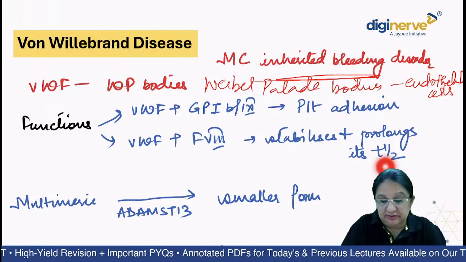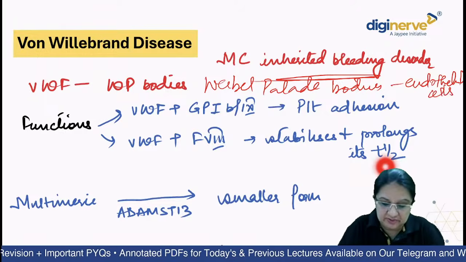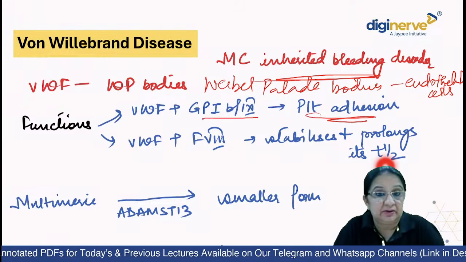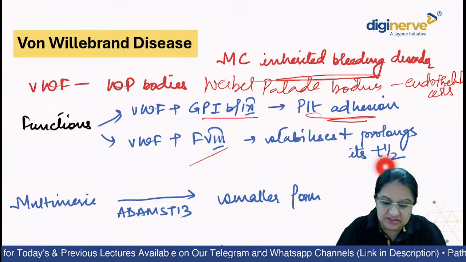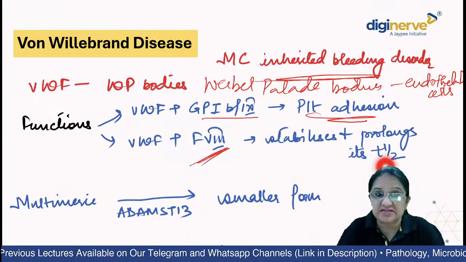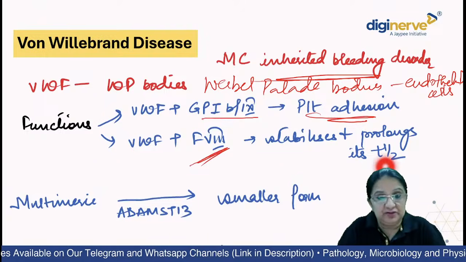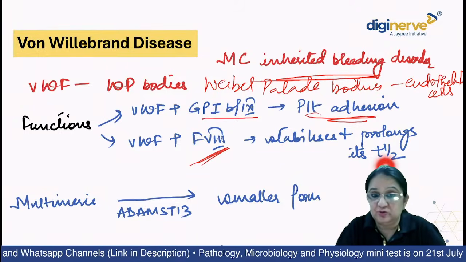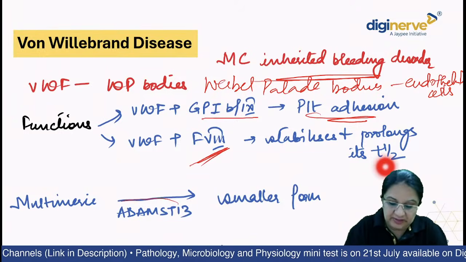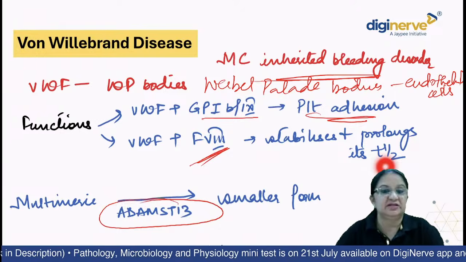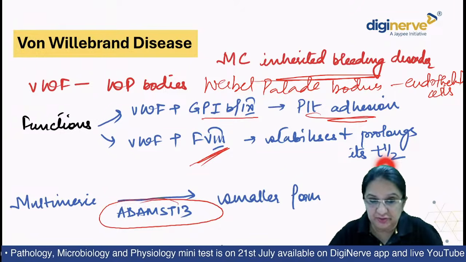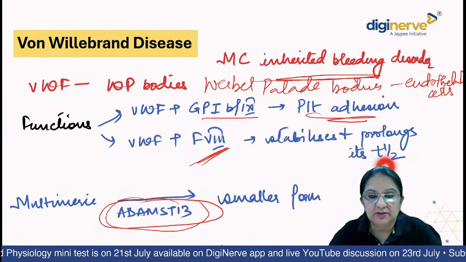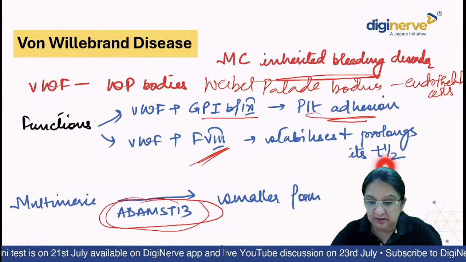Okay, just now I told you the function of von Willebrand factor. It helps in platelet adhesion after combining with GP1B9, right? And it also prolongs the half-life of factor 8 and stabilizes it. Now, we all know von Willebrand factor is multimeric, large form. It has to be divided into smaller forms. For that, the enzyme was ADAMTS13, right? I just now told you in TTP, this was the enzyme responsible for dividing the large ultra-large von Willebrand factor